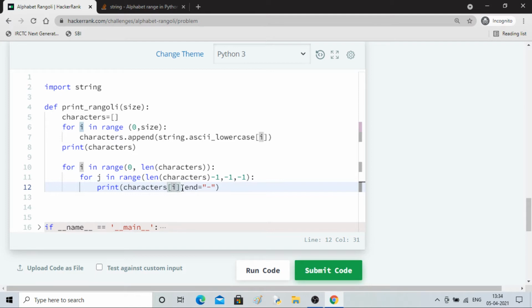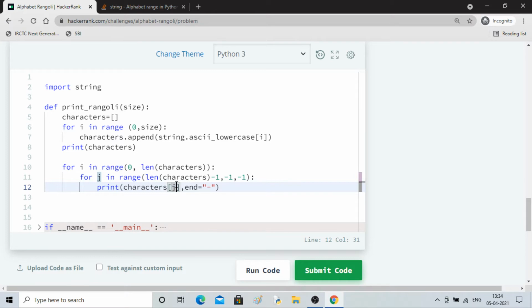Okay. So j, at first it is e, then it goes down till a, and so I have to make it dependent on i somehow.